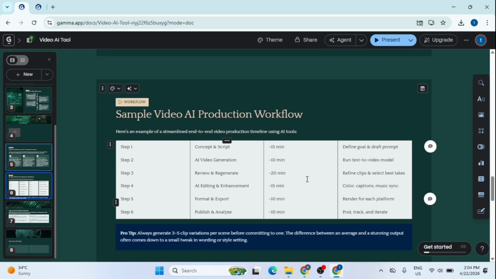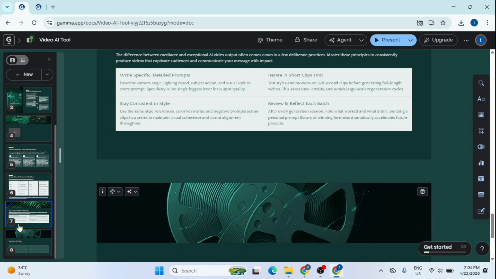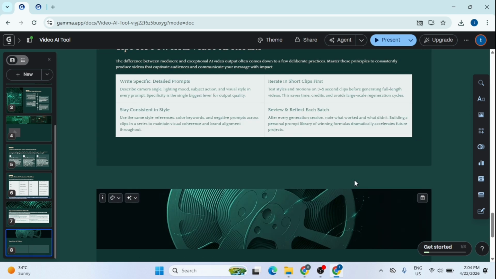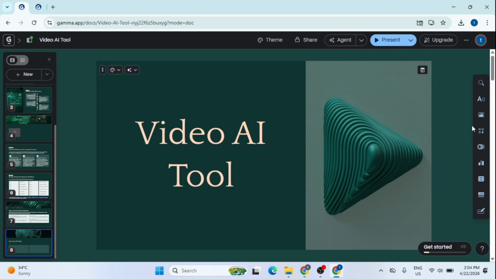I am checking to make sure all text blocks and tables are properly aligned and that no formatting looks out of place. After confirming that slide 6 and my final call to action look great, I head back to the first slide. Now, I move my cursor to the top right and click on the Share button, then navigate to